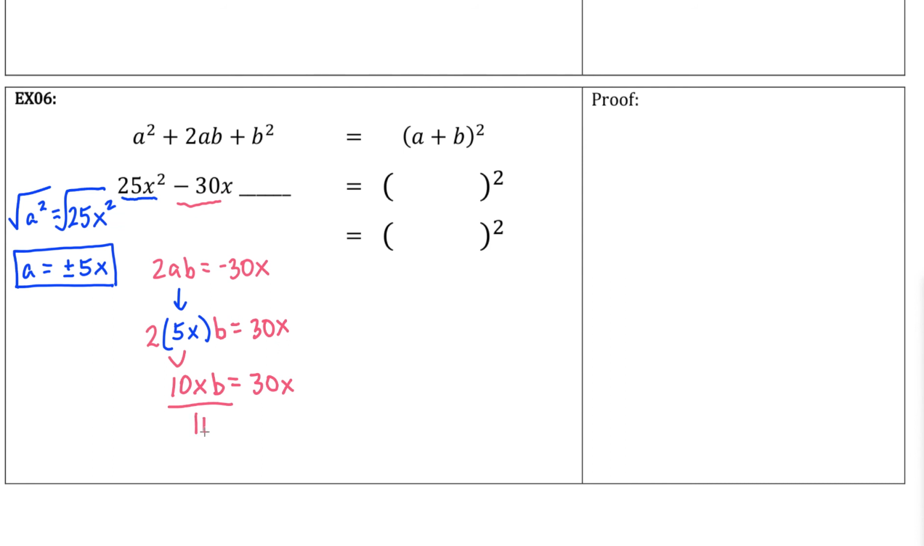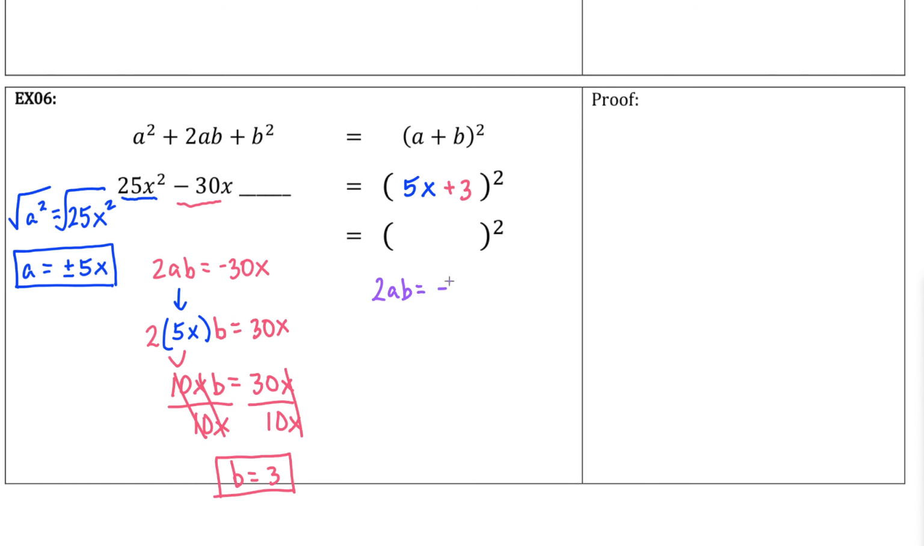Divide by 10x. That becomes 1. That becomes 1. So b equals 30 divided by 10 is 3. So when a is 5x, b is positive 3, so plus 3. And we know what the other one's probably going to be, but let's just go ahead. And I use purple? Yeah. So 2ab